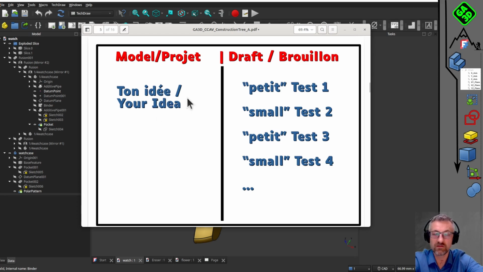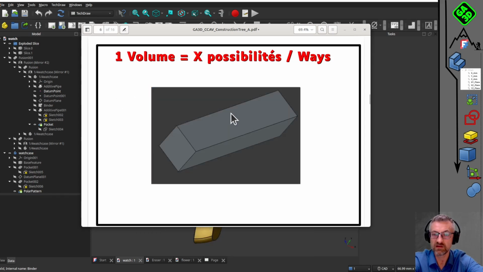It could be a mechanical part, it could be an object, it could be 3D print, whatever you want. Before jumping straight into your final modeling, you need to set up a strategy with all small tests to figure out how you'll model it in the end. Because if you jump straight into the final model, you'll hit a wall